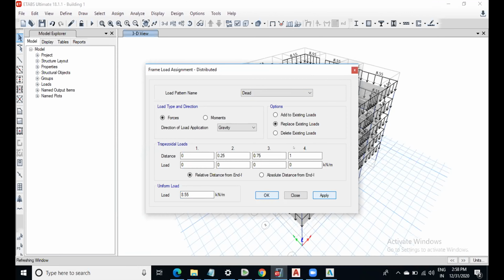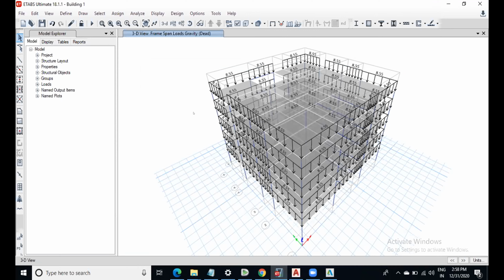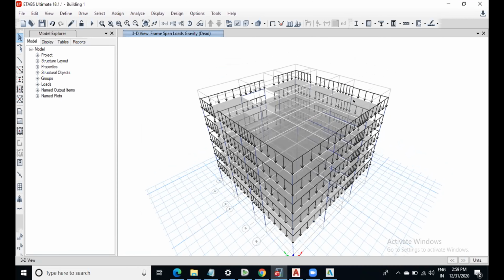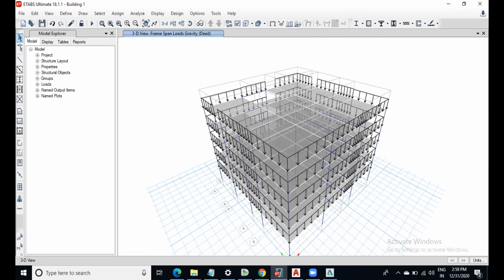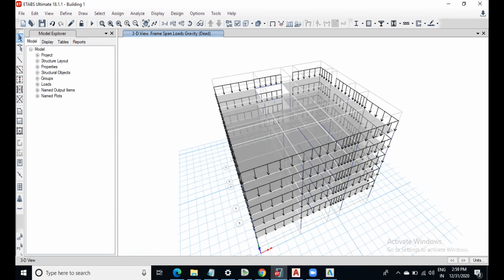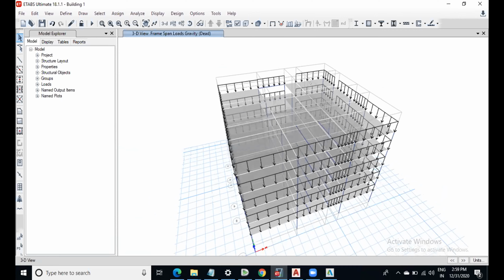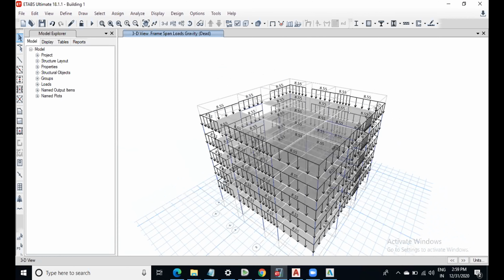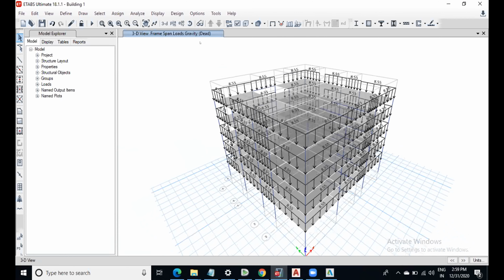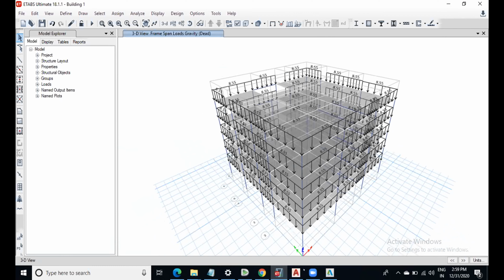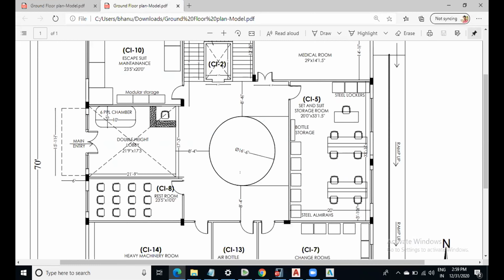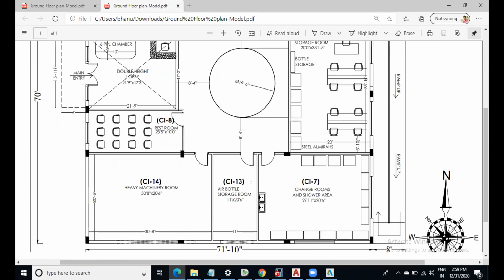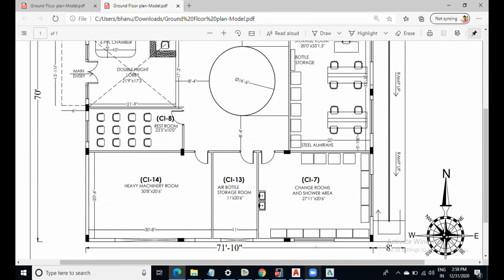Now just click on okay. Now you can see the wall loads have been assigned wherever you have selected. Okay, this is all the outer wall. Now the inner wall you have to assign. The weight that you got for the inner wall is 6.27. So go to the PDF file, see wherever you have the inner walls, and for those inner walls you have to assign the wall loading. Understood? Yes, sir. Yeah, do it.